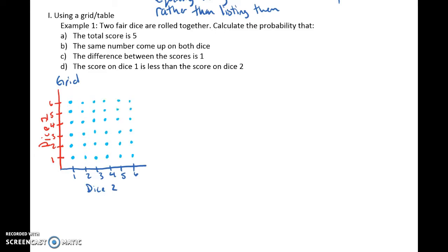Okay, so each of those light blue dots represents a possible outcome. So you can roll a 2 and a 1, a 3 and a 5, etc. So it's just a different way of listing it. You can also just make a table